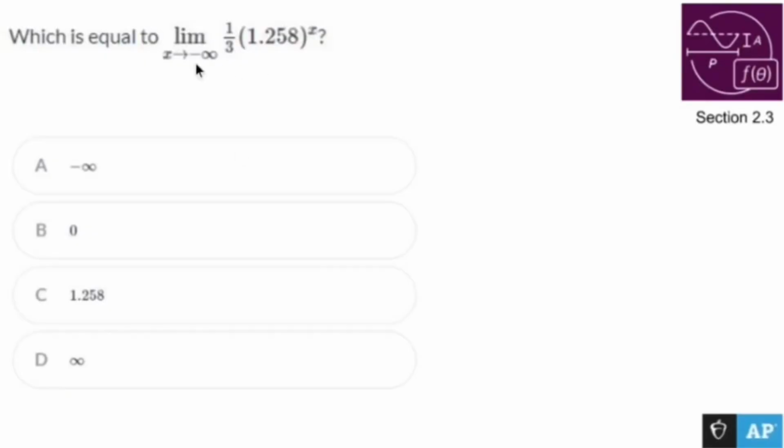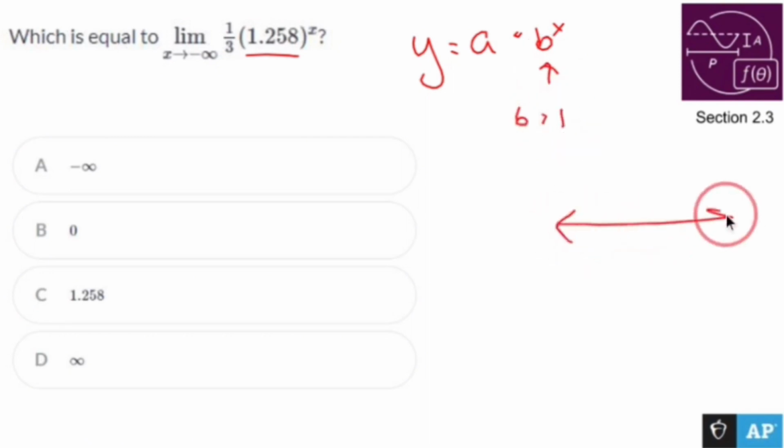The limit as x approaches negative infinity of 1/3 times 1.2 to the x. Oh, okay, so this is what we have. We have ourselves exponential growth. So we have ourselves something in the form a times b to the x. Now, anything that is in that form where I have growth here, where b is greater than 1, is always going to look like this on a coordinate plane. Let me get a different color,